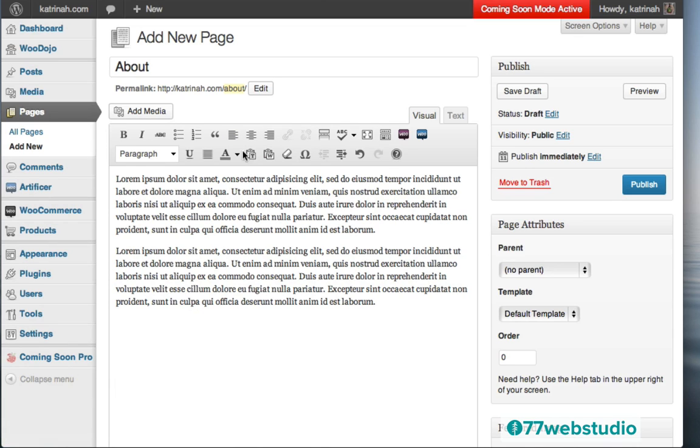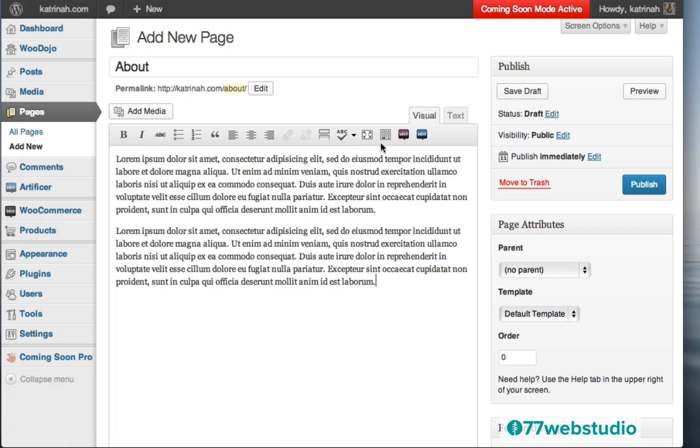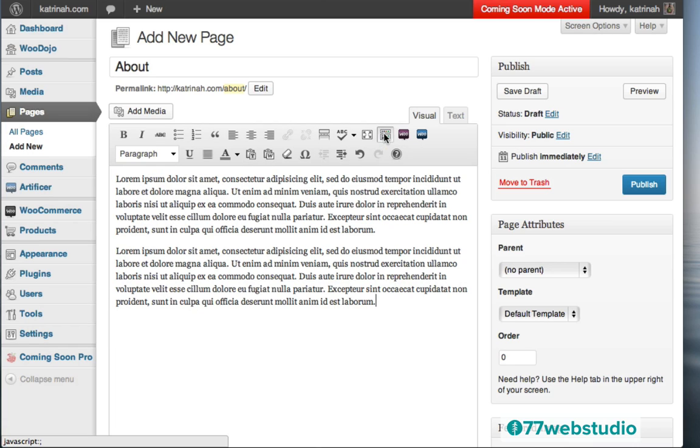If you are only seeing one row, if you are only seeing this row, for example, then what you need to do is click on this icon here. It's the 3rd one from the right, and when you hover over it, it says Show Hide Kitchen Sink. So when I click on this icon, then you'll get a 2nd row of formatting icons. So this is really similar to writing an email or creating some kind of document in a word processing program. You simply highlight whatever it is you want to format, and then you can click on these buttons here depending on what kind of formatting you want.